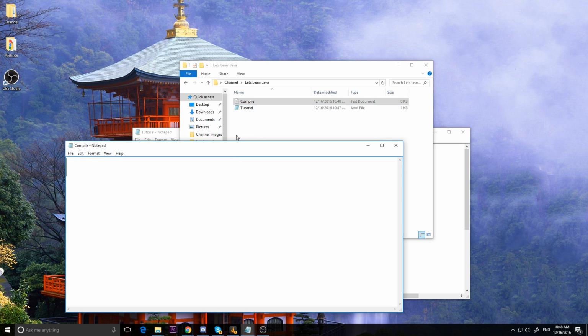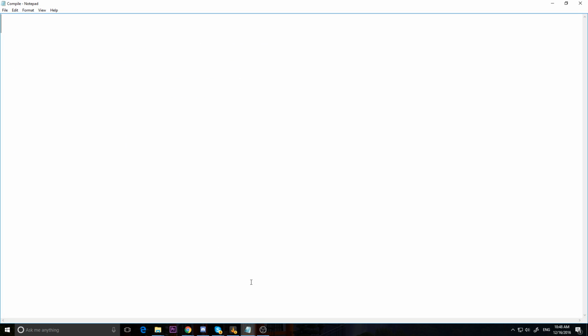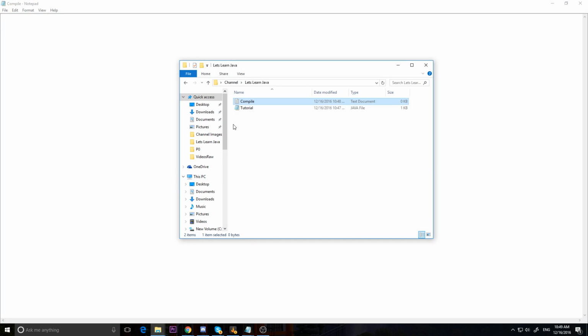Okay, so how do we compile? When you download the JDK, it should put Java into your path, which is basically you telling Windows, hey, these are programs that I want you to always keep in mind. But the problem is that sometimes it does, sometimes it doesn't, and doing that is a pain. So what I like to do is keep it simple. We're going to manually put it in every time we